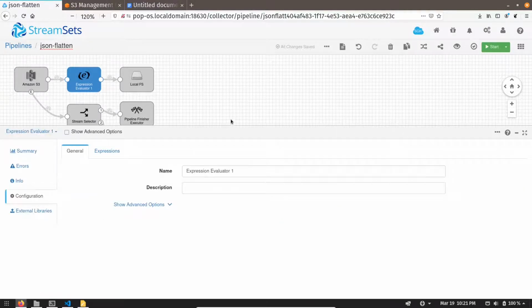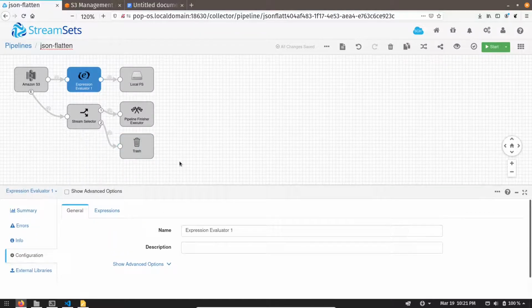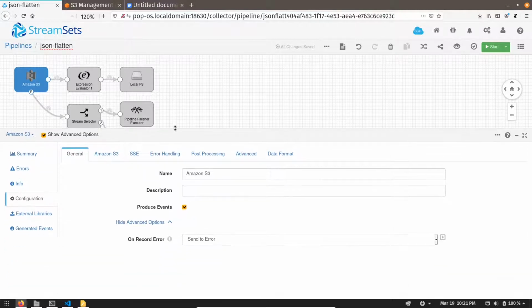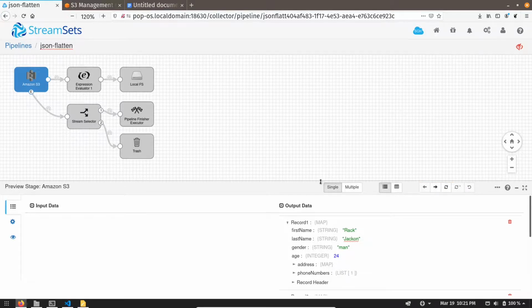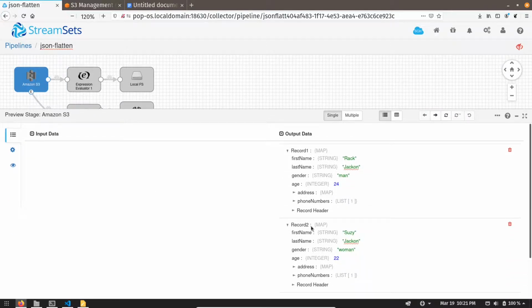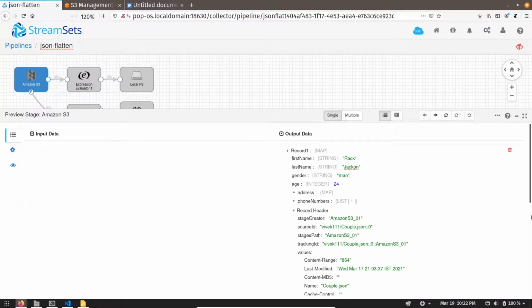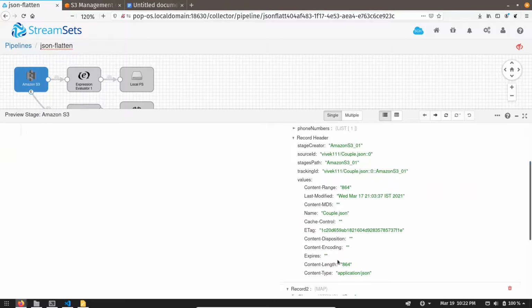Now the last thing I want to show you: how can we extract the record header attribute. If we preview the data again, over here Amazon S3 is generating some record header attributes, which we can see over here.